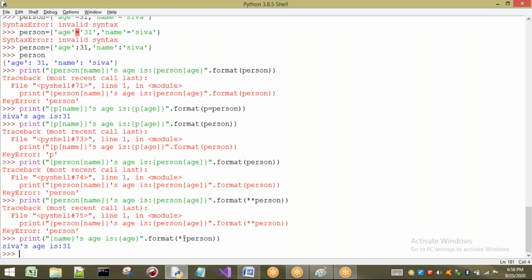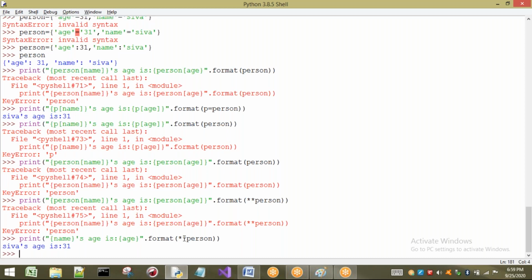We can also format classes, but we have not yet started the concept of classes, so I will not discuss formatting classes now. When I discuss object-oriented programming, I will discuss other formattings also.